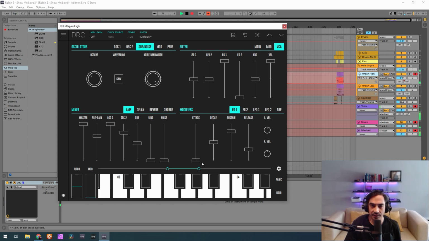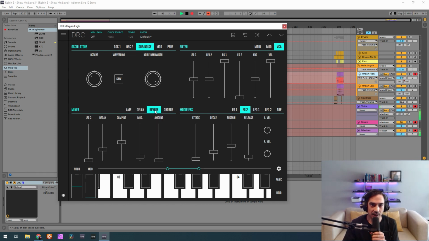Now let's go to the first envelope generator, which controls the amplitude of the sound. And we got an attack of 012, 500 on the decay, 800 on the sustain, and 247 on the release. Now for envelope generator 2, we got 037 on the attack, and 230, 400, and 100, which are default values for the rest of the envelope generator 2.